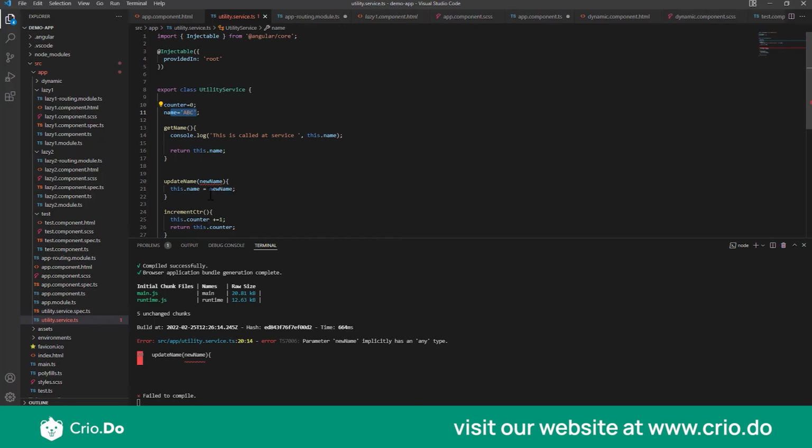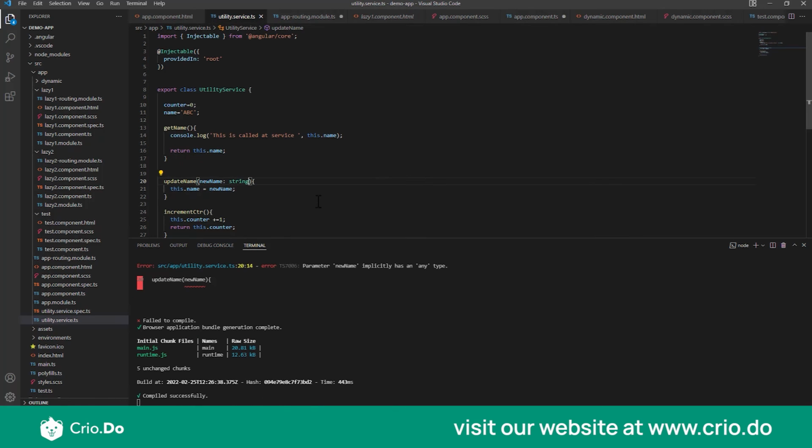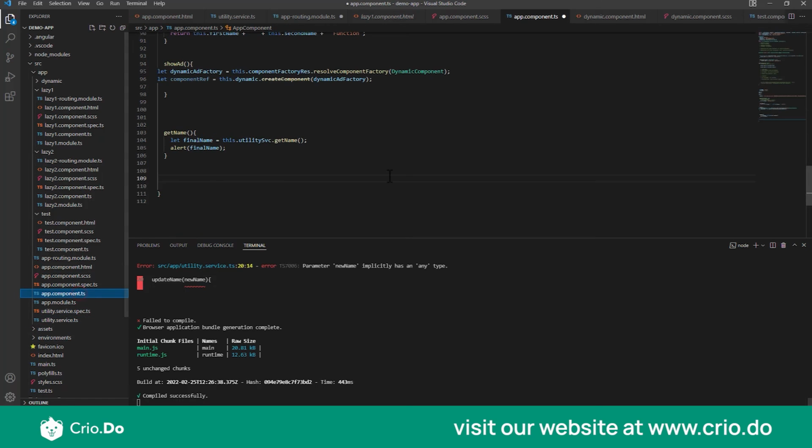So this is the beauty of TypeScript. It will ensure that you are not unintentionally throwing in any new type. So just to fix it, all you need to do is put it of the type string and you are done. Okay, and to check if this is working,